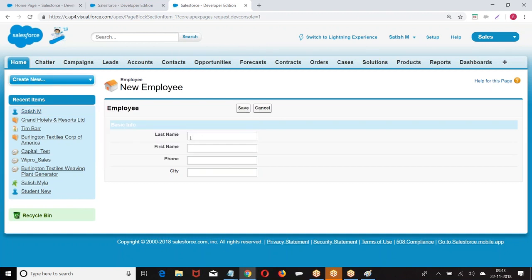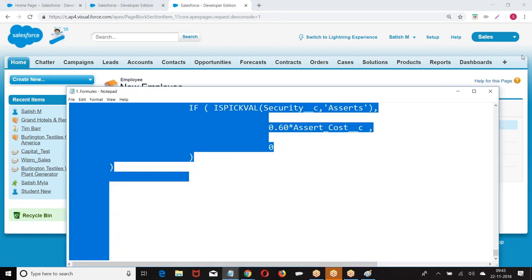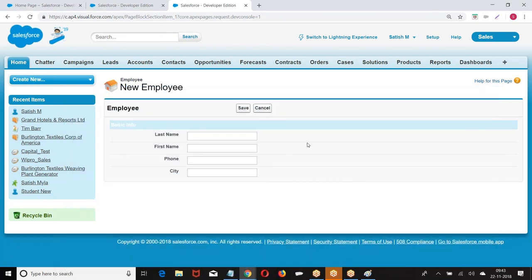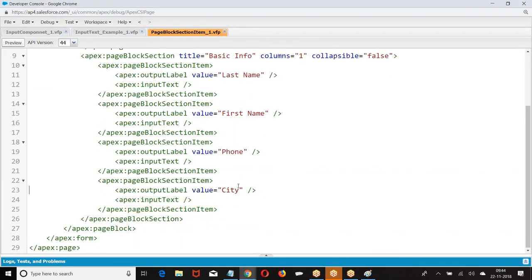Right. If I don't mention column equal to 1, what will happen? Side by side. Okay. Pardon me? How are you creating input text box? Input text is for what? Creating an input text box.